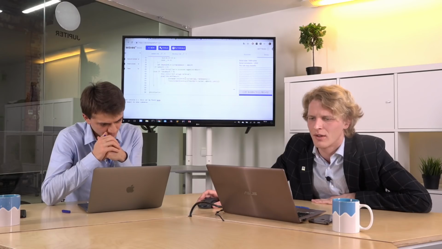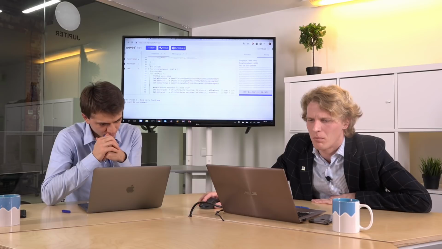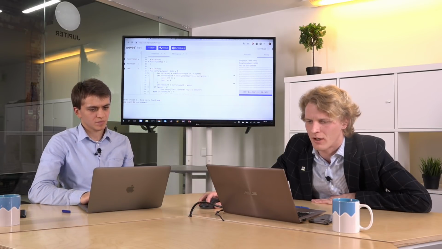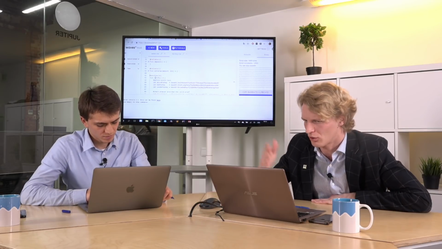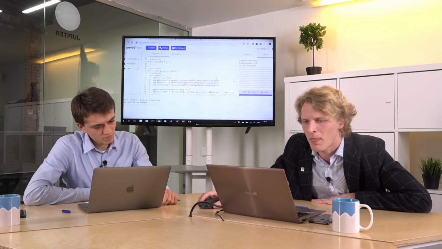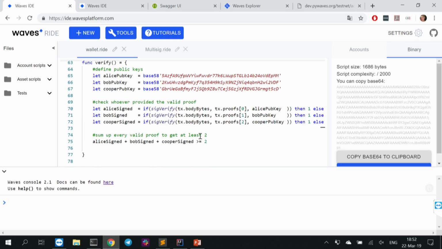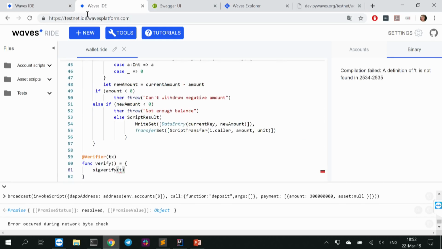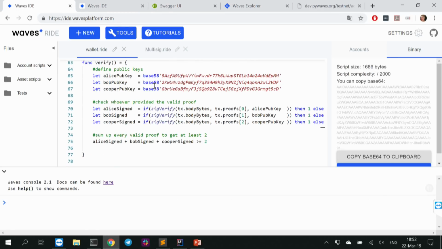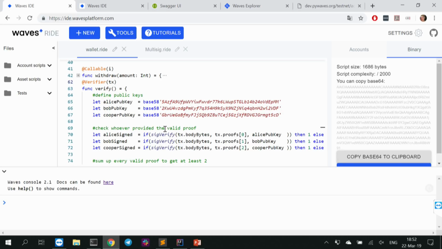Okay, so what this effectively means is that these functions are the public interface of the account. You can call this function. I'll show an example of how to do it later. And the verifier function works exactly like the old predicate. You just put the old predicate into this verifier function, and it will either allow or deny outgoing transactions.